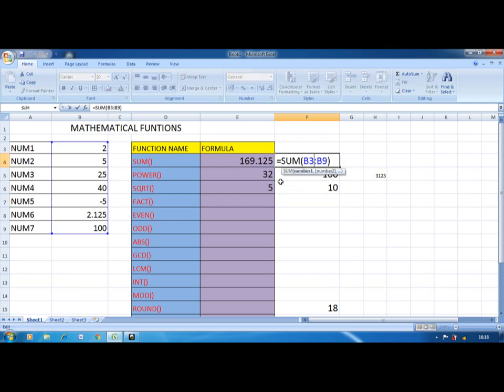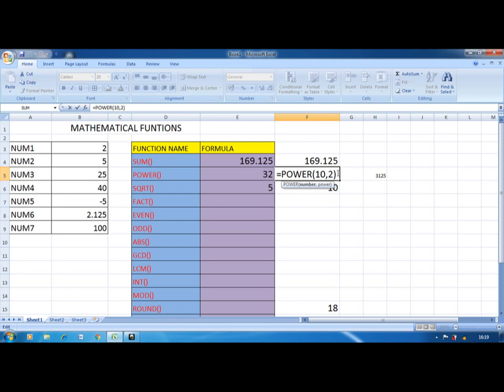See here, the first function, equal to SUM, we can find the sum of more than one number. For that purpose, it shows number 1, number 2, number 3, and so on. And if I select the second option, POWER, here it shows only two arguments. One is the number, the second one is the power, both are numbers. We only have to find the power of a single number. So it is not possible to find the power of more than one number, like power num1, num2, num3, num4. It is not possible.